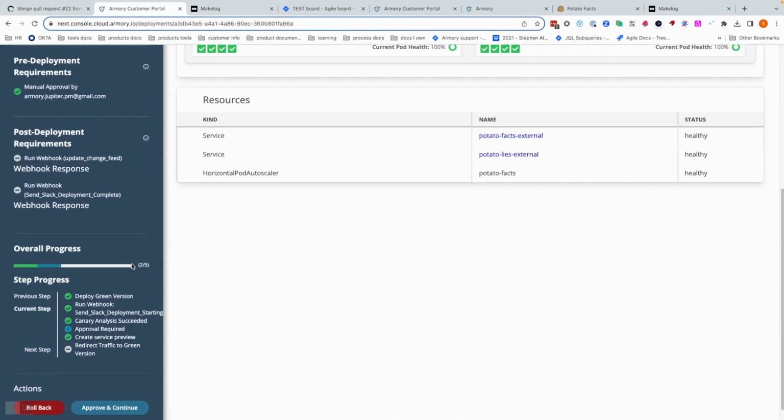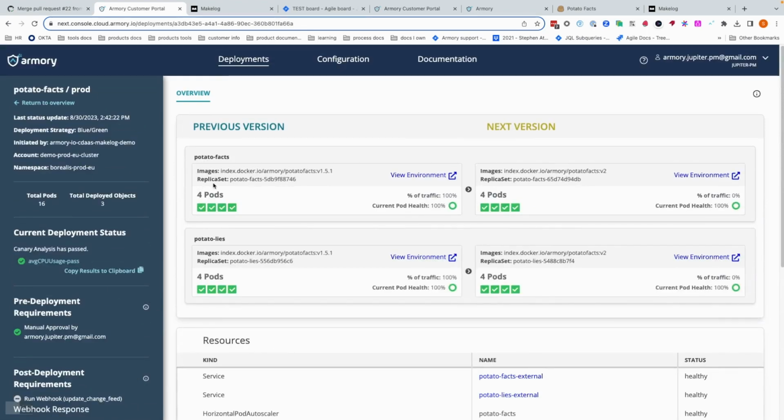On the left, I can see a high-level overview of my deployment. This shows me the current progress. I can see that the green version is deployed and that we've run some automated tests against it, and that those tests passed. On the right-hand side, I can see more detail, such as that there are 2 different microservices